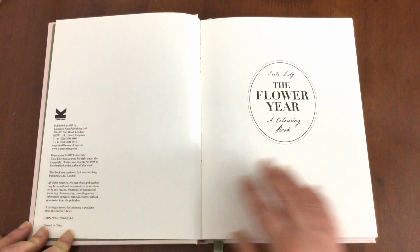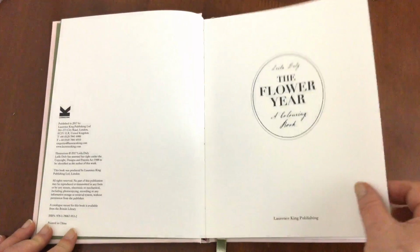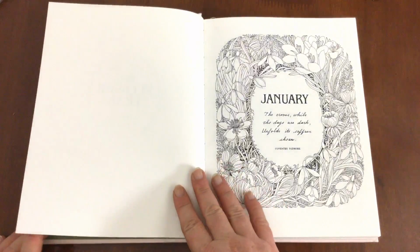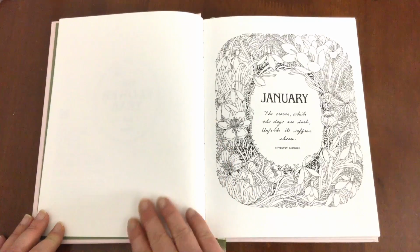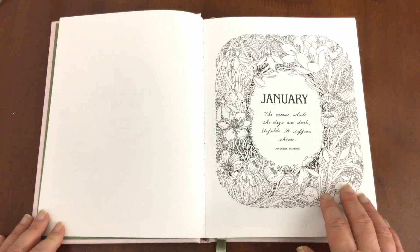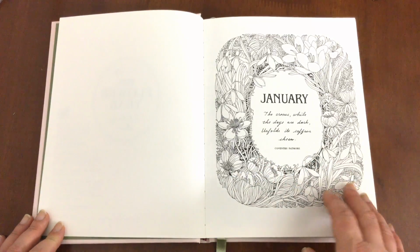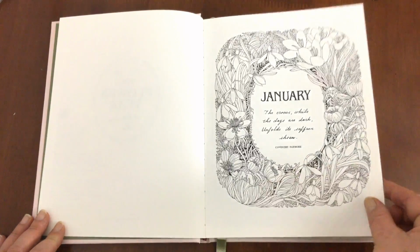Now that would be the best spot to test out the mediums that you wish to use. Then we've got a plain text title page and nothing on the back, so that would be great to put some colour palettes together if you wanted to do that. Now it's divided into months because it's called the flower year, so it's separated into months throughout. So we start off with January,